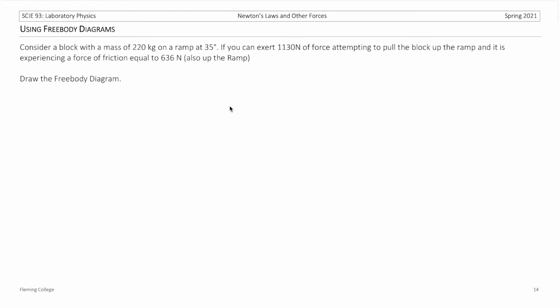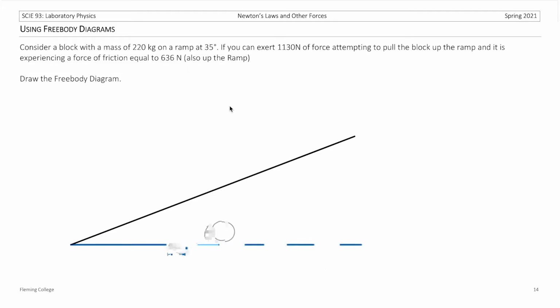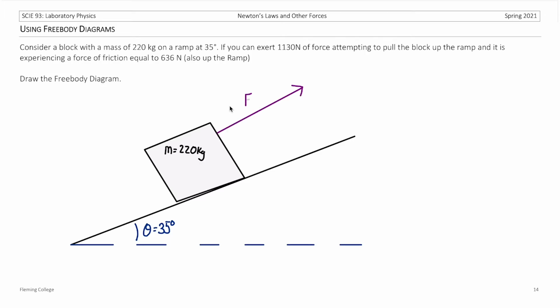So we need to label all of these forces. So we have a ramp. That ramp makes an angle of 35 degrees. On the ramp is a block. We've been told that the block has a mass and that we are applying a tension force and that there's also a frictional force. And when we start to think about these problems, we need to consider that if there's